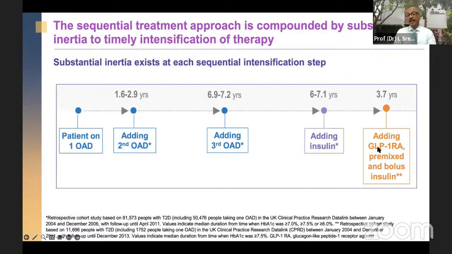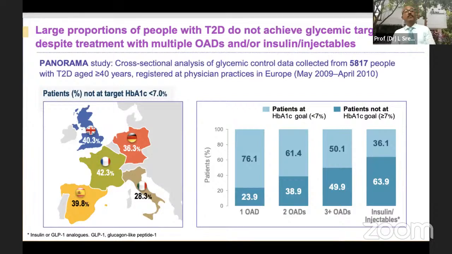And adding the latest so-called GLP-1s or the pre-mixed bolus insulins takes another 3 years. So essentially, it takes about 10 years for the stepwise management to reach whatever required treatment regimen for the patient. And similarly, this PANORAMA study, which is a cross-sectional study about glycemic control, included about 5,000 plus diabetic patients